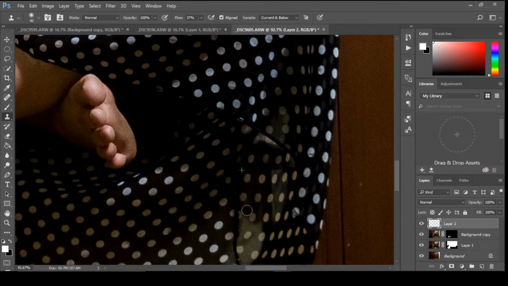Here. Like this. Perfect. Let's put some black here.